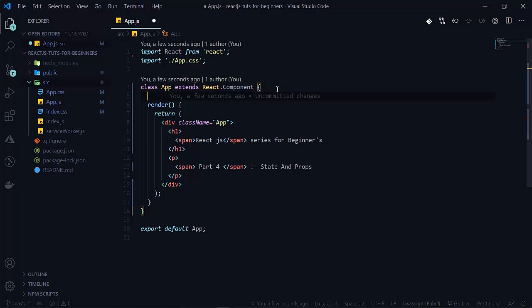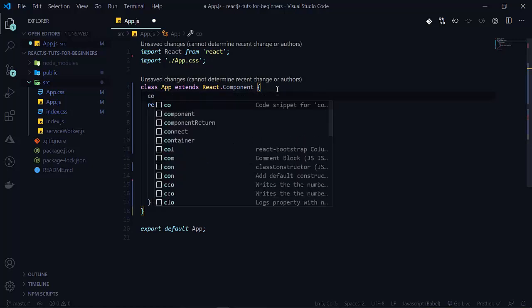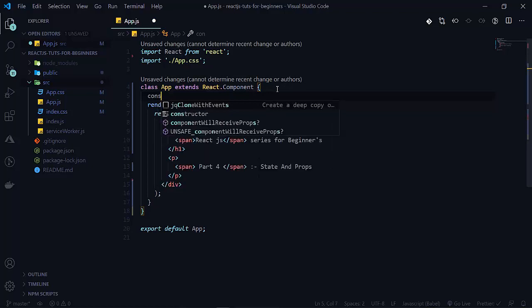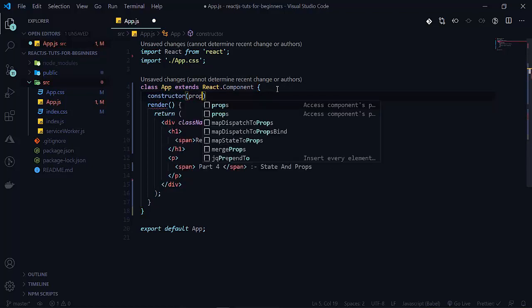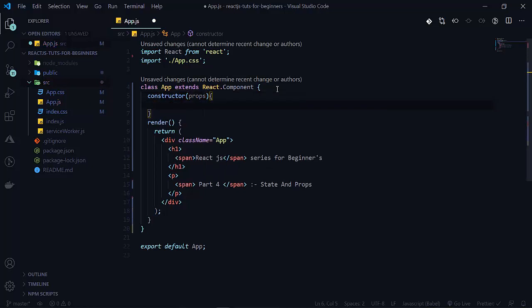So let's see. First of all, we have to create a constructor here, and now we have to pass props. Props are nothing but properties. As we are using a constructor, we have to pass properties also. In a function component there will not be a constructor, we can pass props as an argument in the component function.